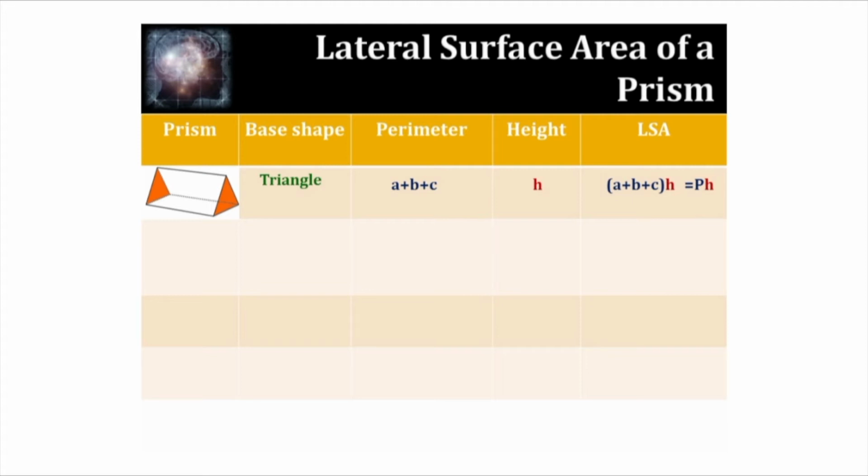That is base perimeter into height. That is equal to PH. Similarly, in the case of a square prism, the base is a square. Base perimeter will be 4A and height of the prism